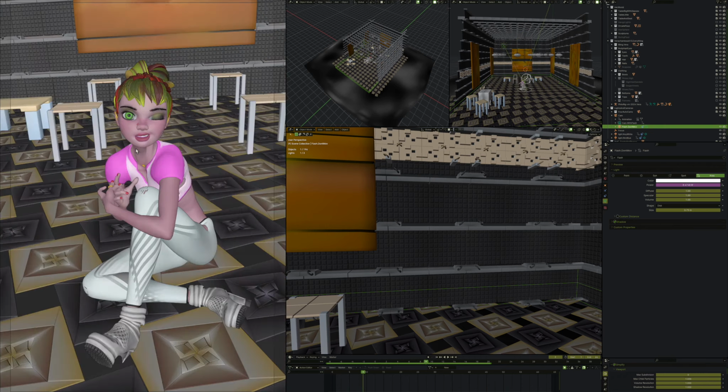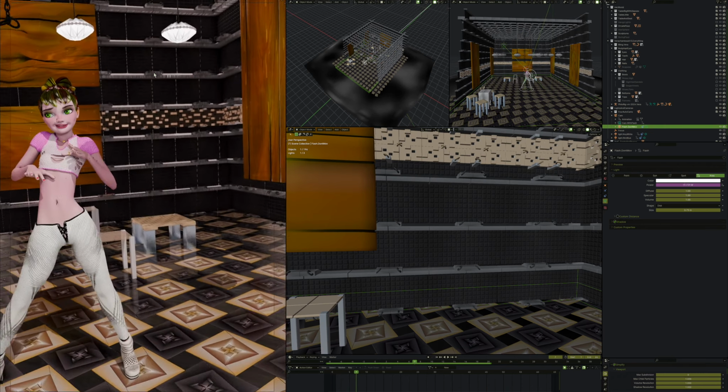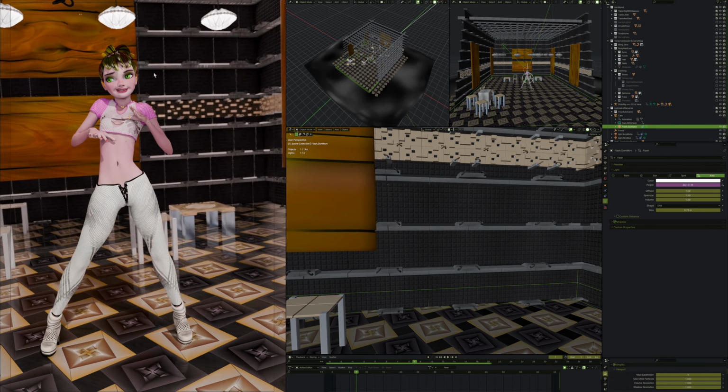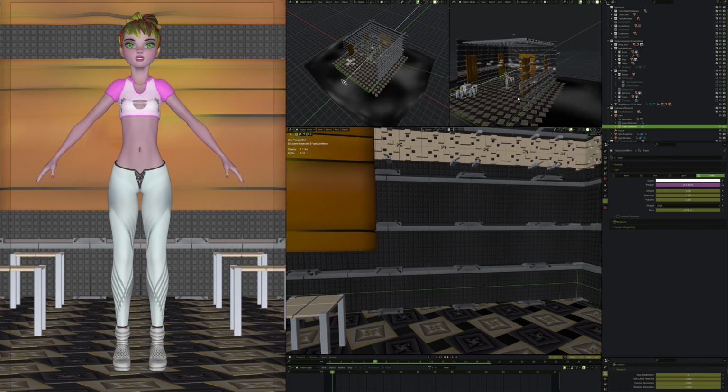Let's pick a good pose. I like this pose here. This will be the pose we come back to afterwards. Okay, so I'm going to go back to a default A pose, turn off the rendering, and I'm going to